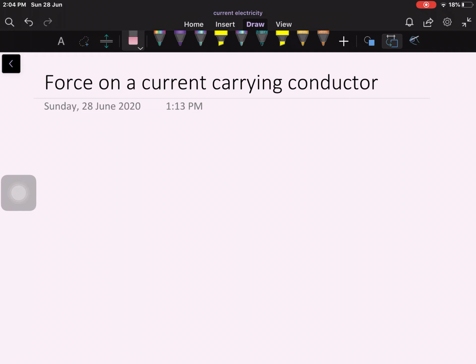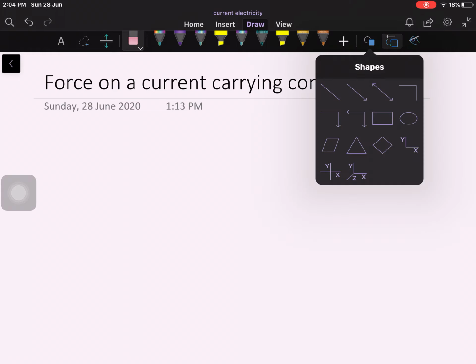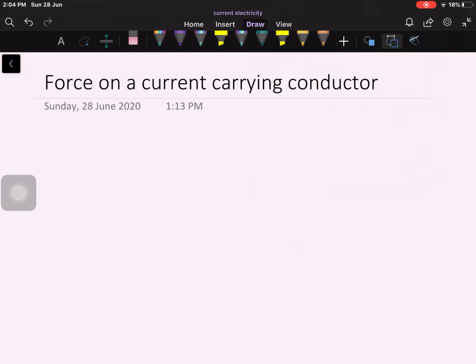Hello students, today we are going to learn the force on a current carrying conductor when it is placed in an external uniform magnetic field. For example, to learn this, we are assuming that we are placing here a current carrying conductor. Assume that current is flowing in this, and the amount of current in this one is